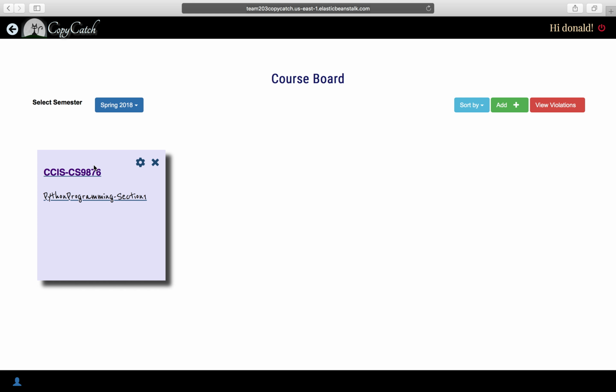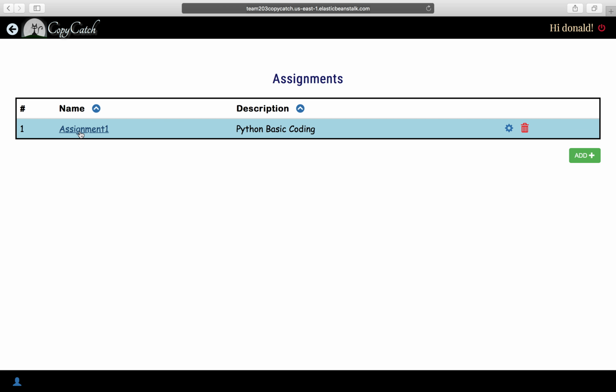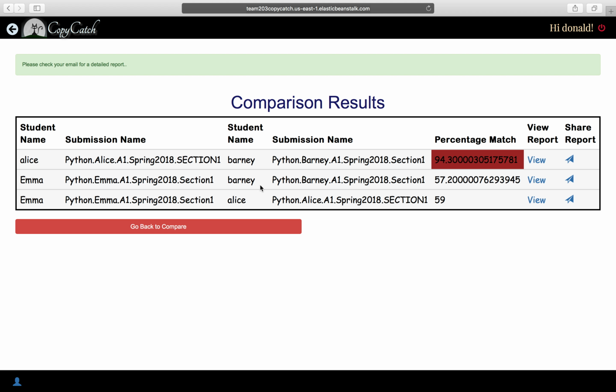Now let's jump into the main aspect, which is the comparison of the assignments. For Professor Donald, there are three submissions, and suppose he wants to compare all three and generate a report for them. Instead of selecting these submissions, he'll just click on compare all. Click on this button. You can see here we got three reports for Alice and Barney, Emma, Barney,